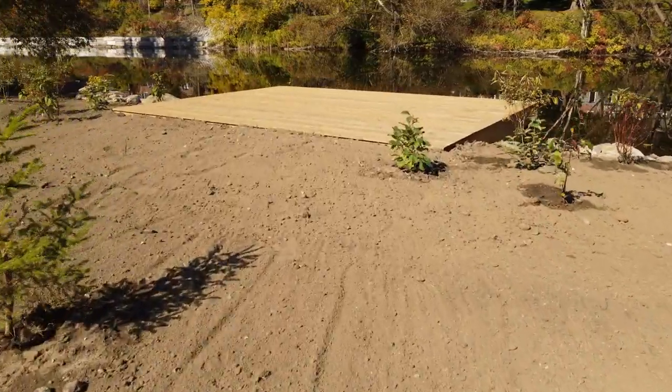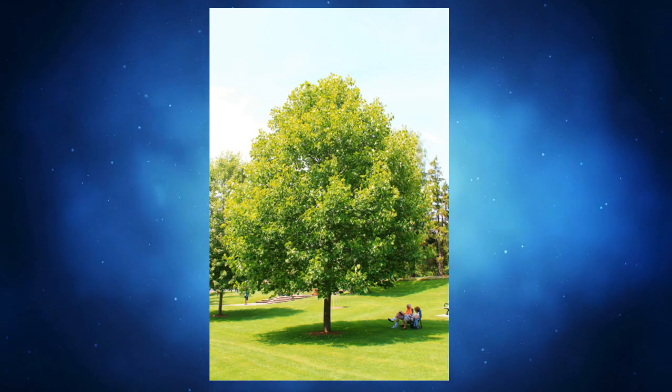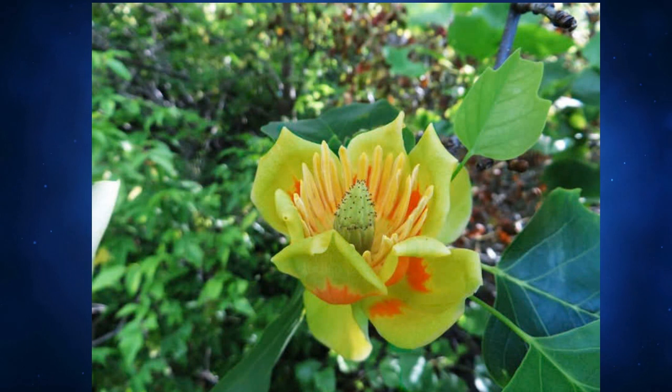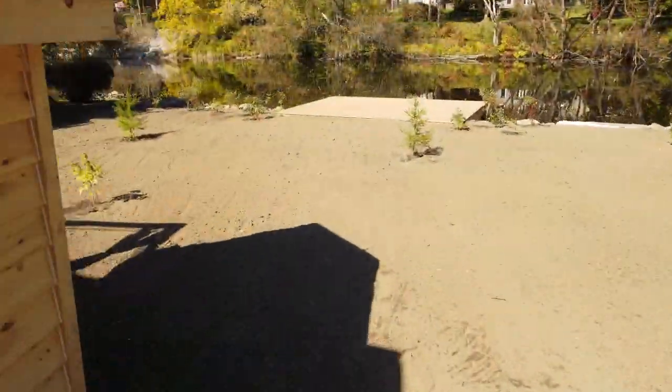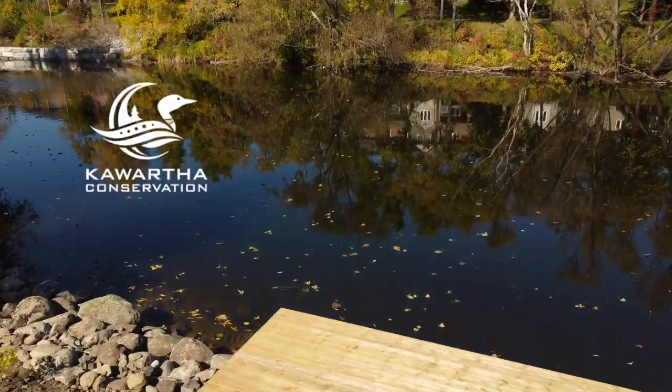As part of the project, tulip trees were among the species planted. Tulip trees are a Carolinian species. They are native to the forests of southern Ontario and grow well now in the Kawarthas. We plant Carolinian species to assist in the migration of plants whose historical range are shifting northward as they adapt